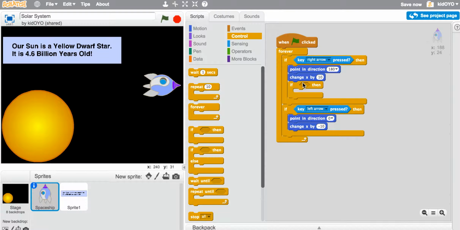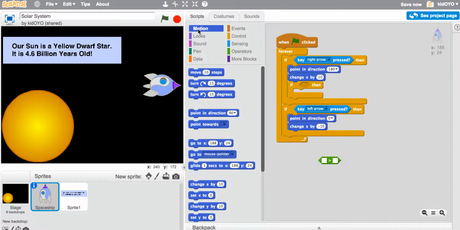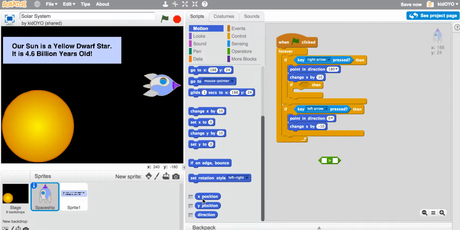So now I need to set up a formula here. To find formulas, I go into operators and I'm going to use this value here. I want the greater than. So I'm going to pull this out and place it in this open gray space while I'm working on it, and then I can drag it into the open Boolean section. Now I need to go back in and find something that shows me X position. If I scroll down in my motion blocks, I'll see a block that actually says X position. I'm going to drag that out and place it in the first opening of my operator. So now it says if the X position is greater than, and I know here that I'm currently at 188,